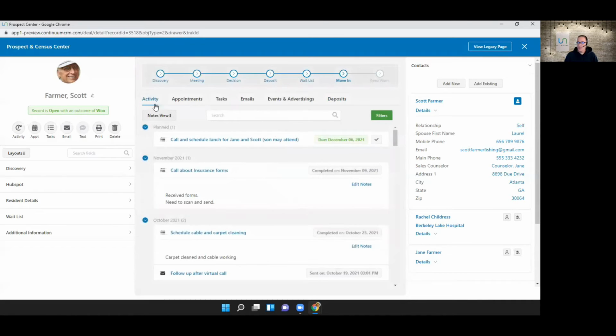Okay. So then let's look at the right. The right-hand side, think of it as really everything that's linked to this prospect. And first of all, we're going to look at the contact section. At the top, the primary contact always shows first. And when I launch the page, their information is expanded automatically. So I have their relationship, their contact information, everything that I would potentially need to communicate with them,